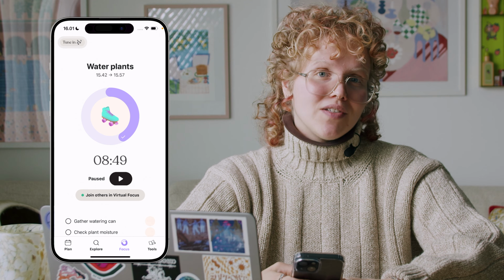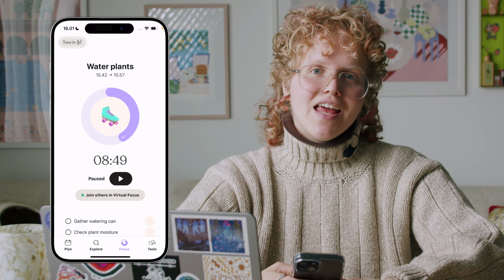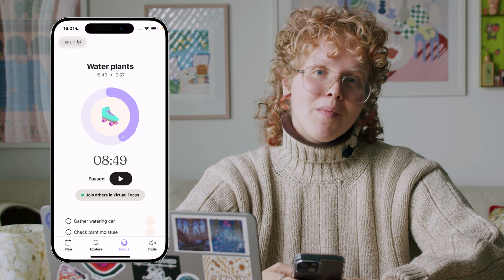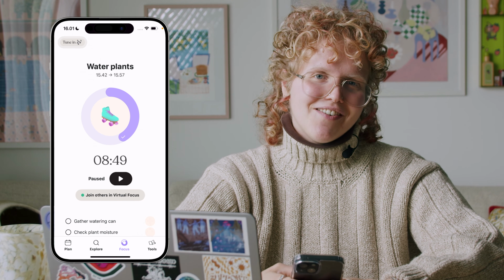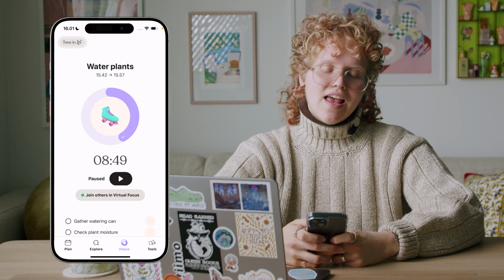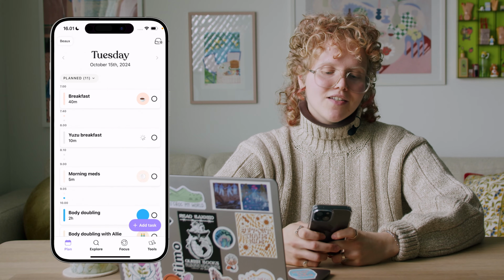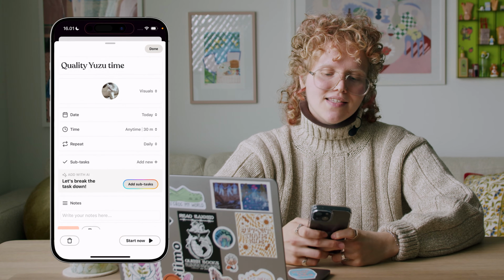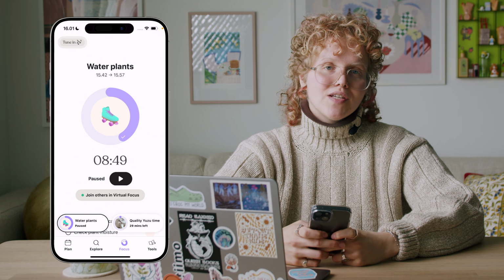I find this virtual timer a whole lot more efficient than using a physical clock or one of those clunky timers because I always have it in my pocket and have easy access to it. Your focus timer is going to start automatically for any scheduled tasks, and for any of your anytime tasks, just head over to the plan page, click Start Now on a task, and you'll see that virtual timer pop up